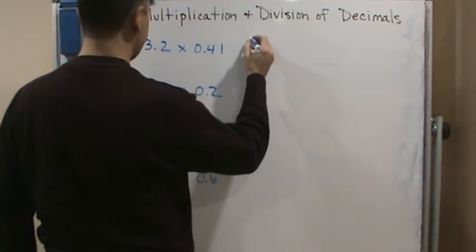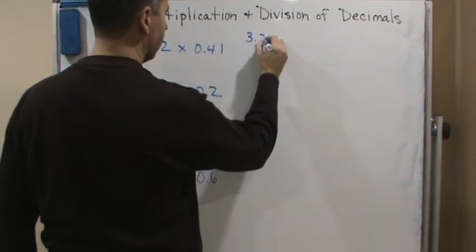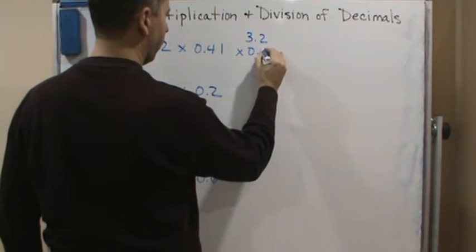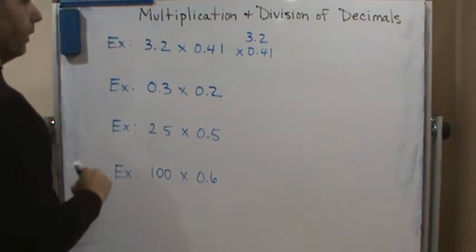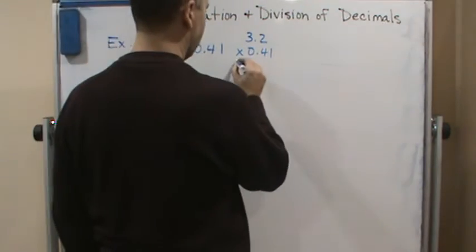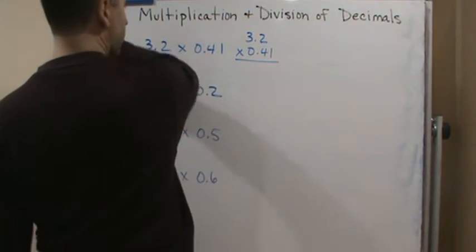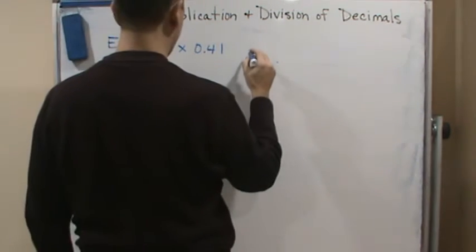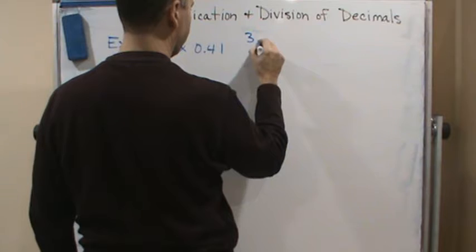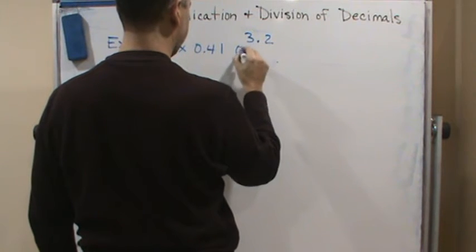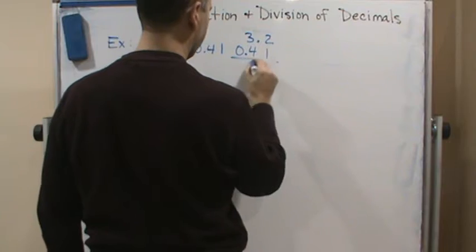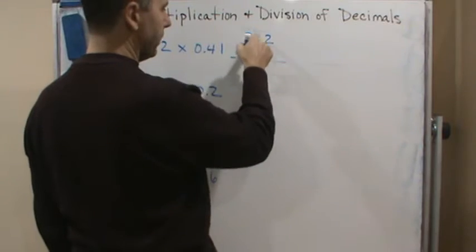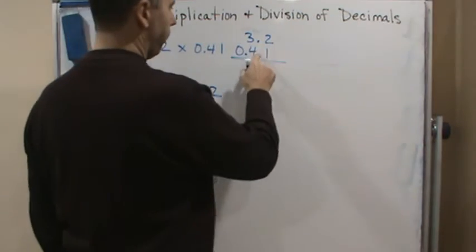Okay, so I'm going to write this as 3.2 times 0.41. Okay, and what I'm going to do is I'm going to treat it as 41 times 32. So let me rewrite this. 3.2 and 0.41. So I'm going to ignore the decimal points and I'm just going to multiply like if it was 41 times 32. Okay, so 4 times 32 is